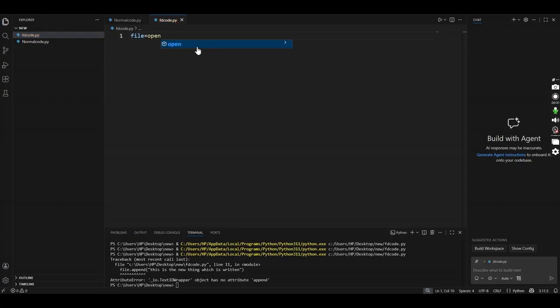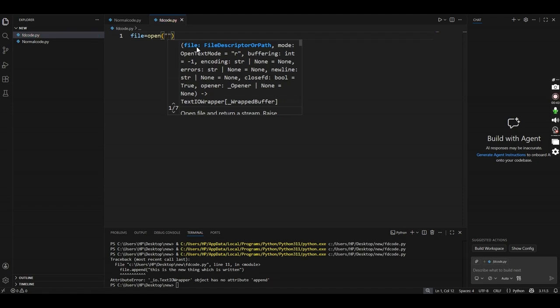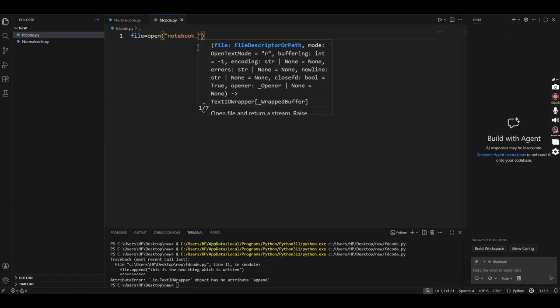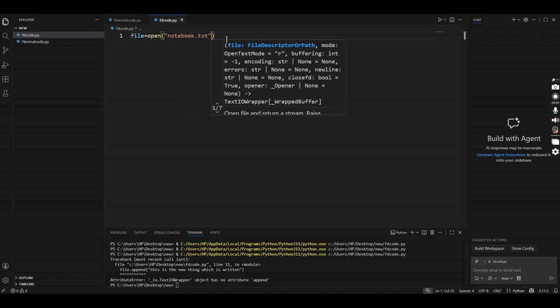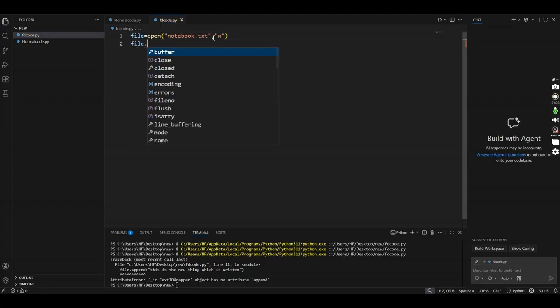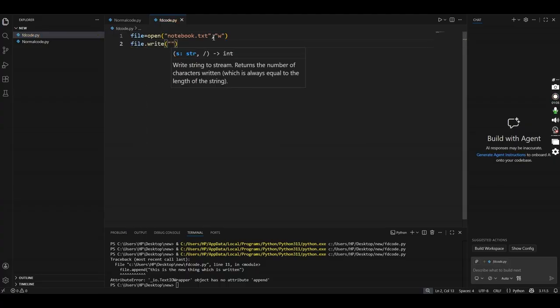If I want to do operations like writing or reading, I should first open the notebook, and I tell it as file, notebook.txt. Notebook.txt is a location where our data will get stored, and I'm using the mode called write.